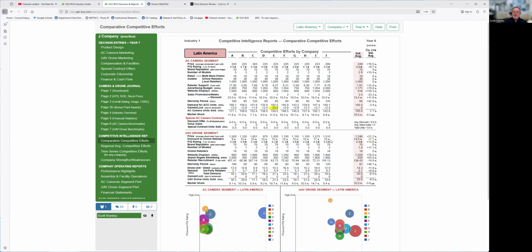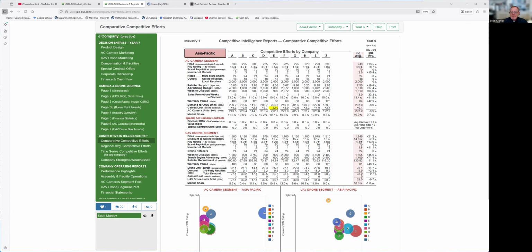Looking at the drone, similar situation. Company C with a 5.4-star drone was the differentiated provider. They also had the highest or the premium price in the industry at $1,851 in Latin America, $1,651 in North America. Did I read that right? $1,851 Latin America, $1,651 North America, $1,681 Europe, Africa, and $1,851 in Asia. So they had the highest priced product or the premium priced product, and they are the differentiated provider.